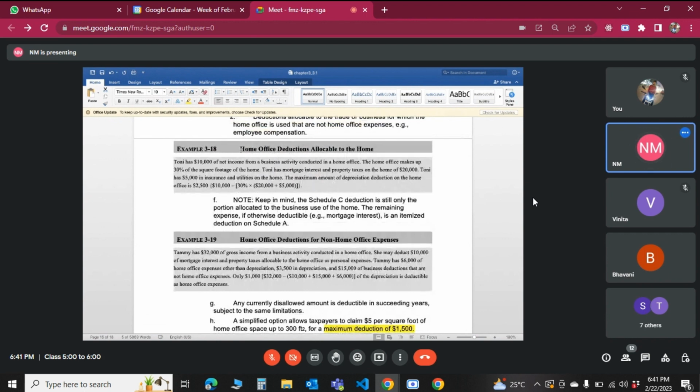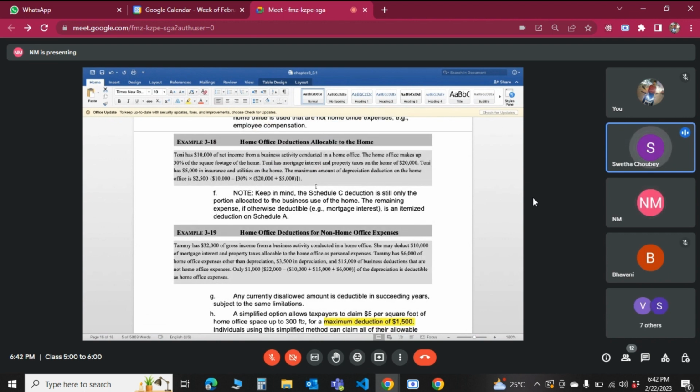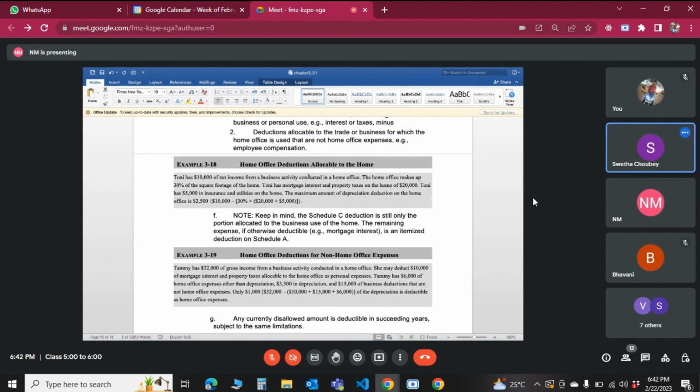Shweta, 3.18. Tony has $10,000 of net income from a business activity conducted in a home office. The home office makes up 30% of the square footage of the home. Tony has mortgage interest and property taxes on the home of $20,000. Tony has $5,000 in insurance and utilities on the home. The maximum amount of depreciation deduction on the home office is $2,500. That is